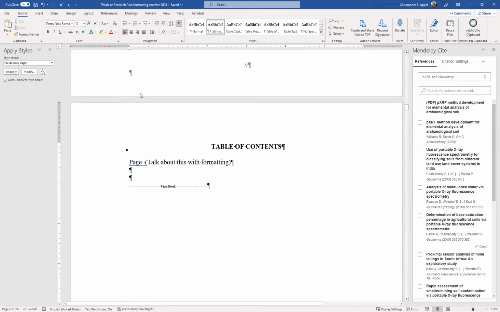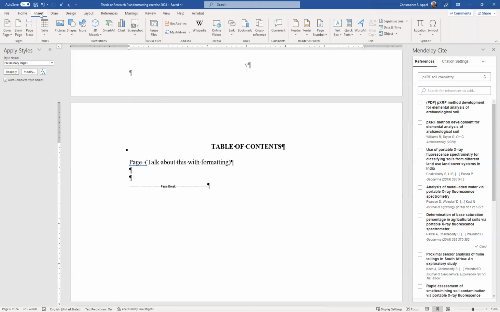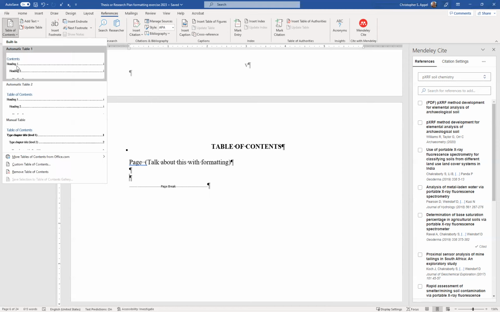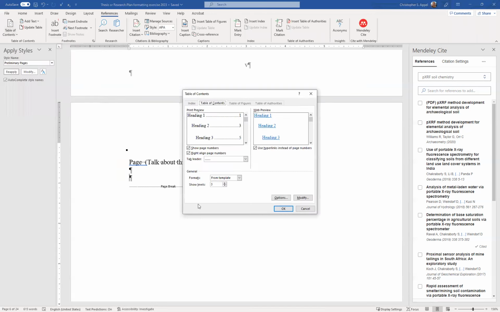Okay, so I'm going to go to insert. Nope, not insert. Let's see if references has it. Yeah, references has it. And we're going to table of contents here. And you could just do this automatic table 1. That usually works fine. I'm going to also show you custom table of contents. So click on that. And usually the best one to use is just the default one. Okay. So we'll